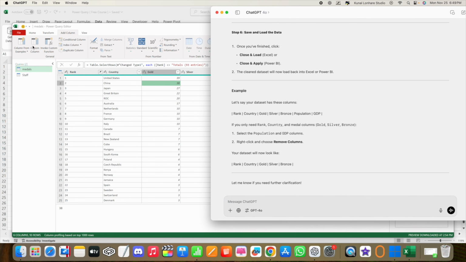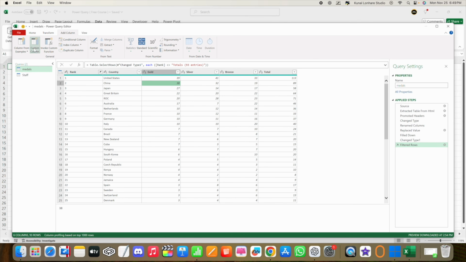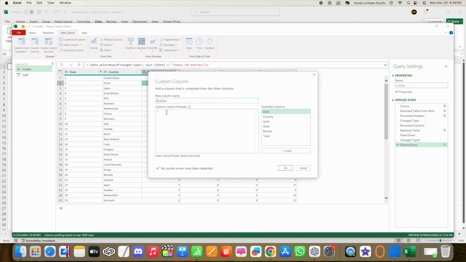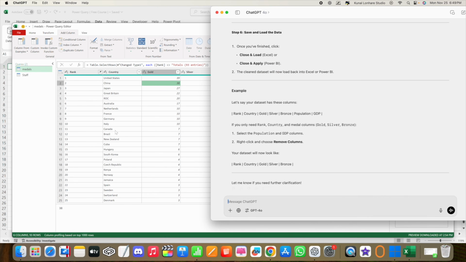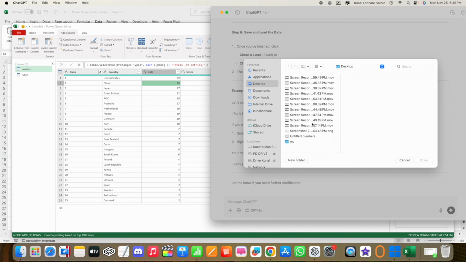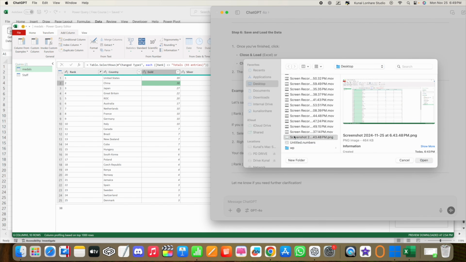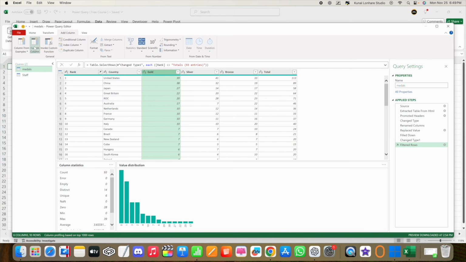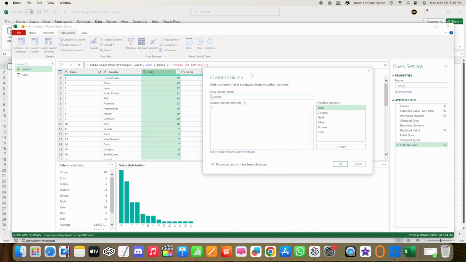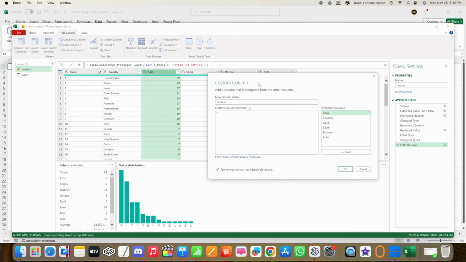In case you are new and don't know how to put formulas correctly, ChatGPT is just going to help you out. First thing is that you can share the screenshot of this. We already have one, so I'm just going to upload that same screenshot here again, and here you can say in the gold column. You can just select custom column and take a screenshot of it as well, like this. Now just go to ChatGPT,